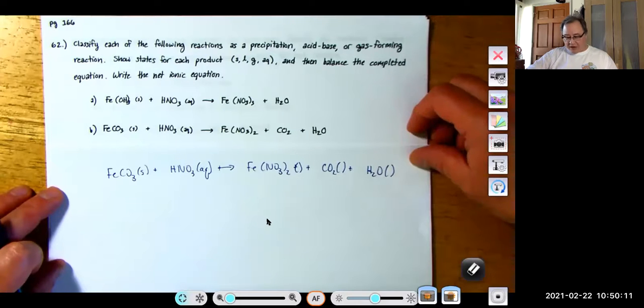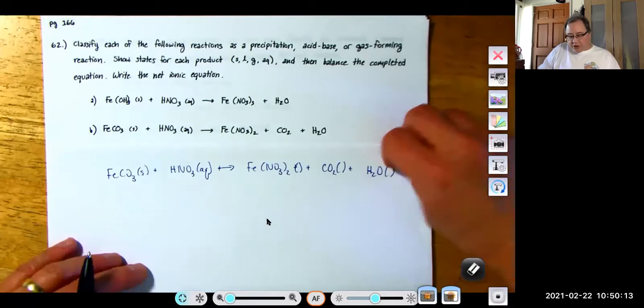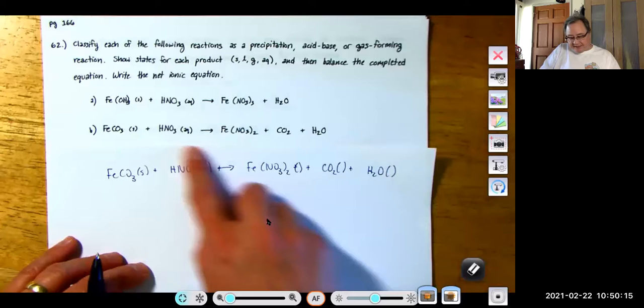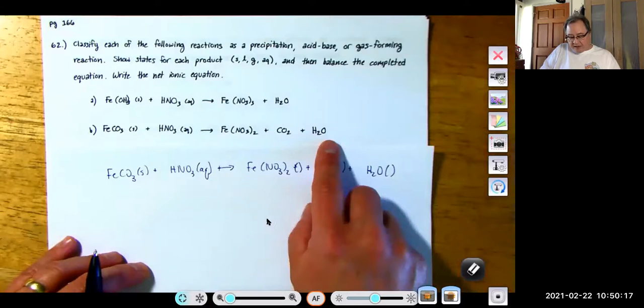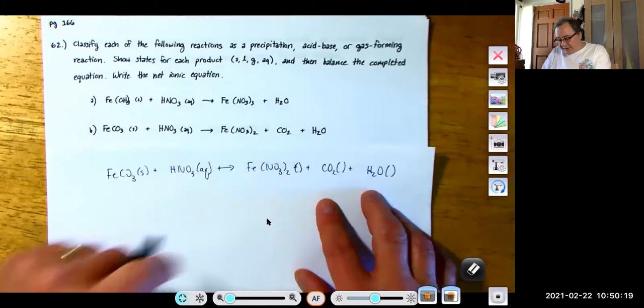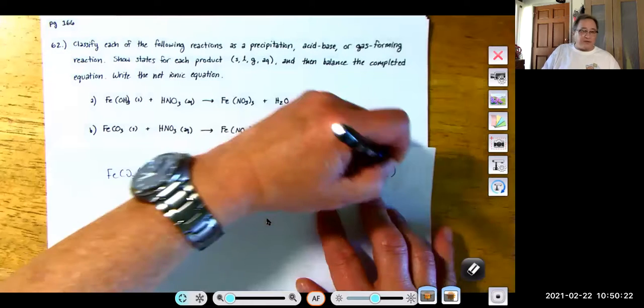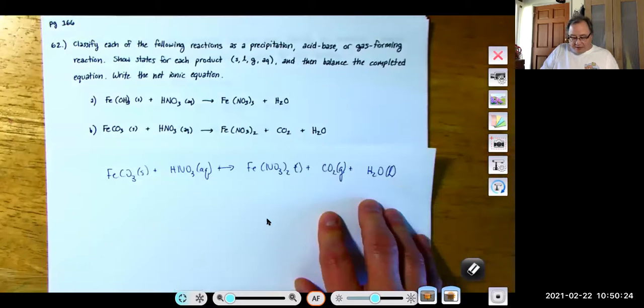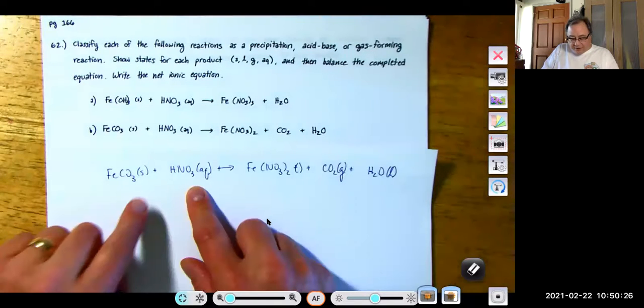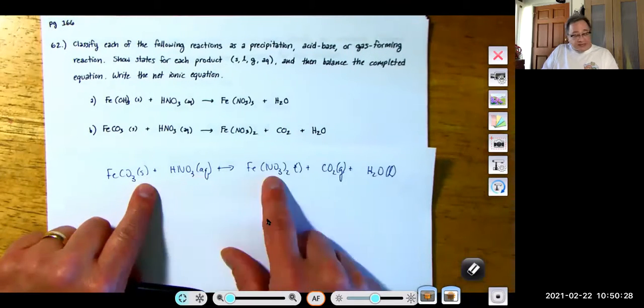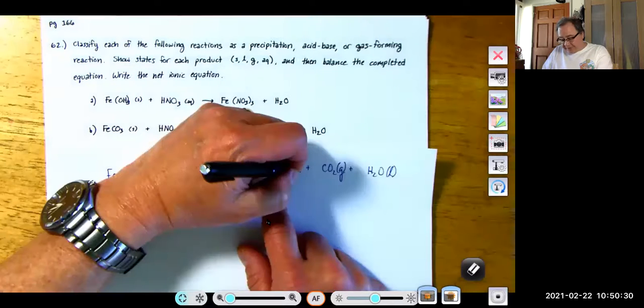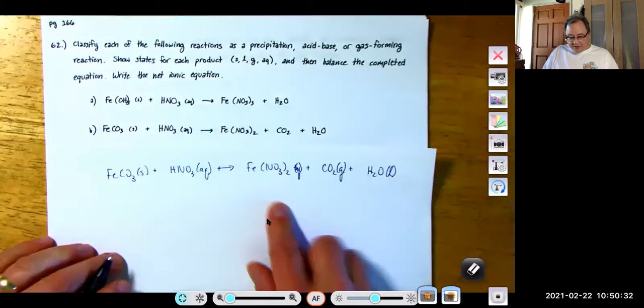Let's take a look here at where I would start. I'd start with the states of these things. CO2 I know is a gas. H2O I know is a liquid. So I'd start there. And I would surmise that since we start off with this being aqueous, and since this has a nitrate, it's also aqueous. To balance it, one iron,